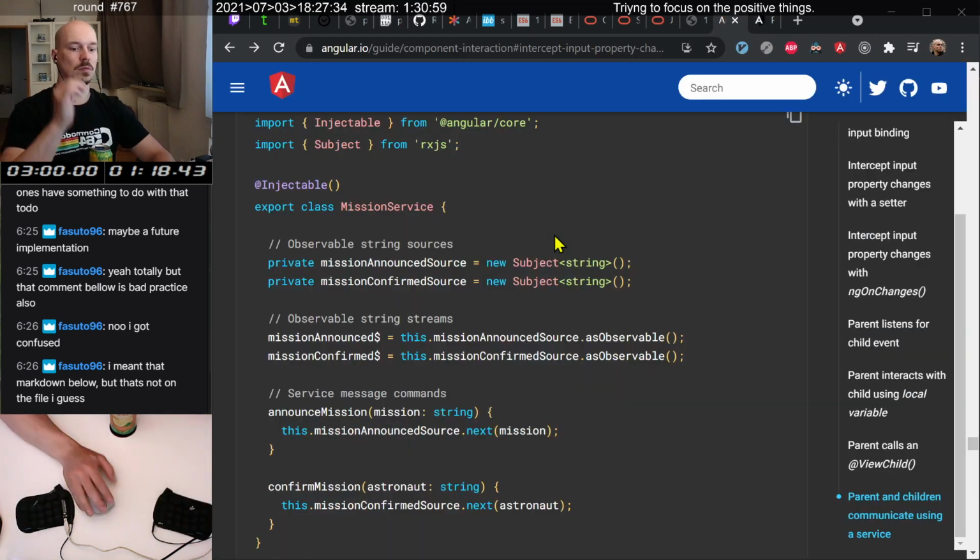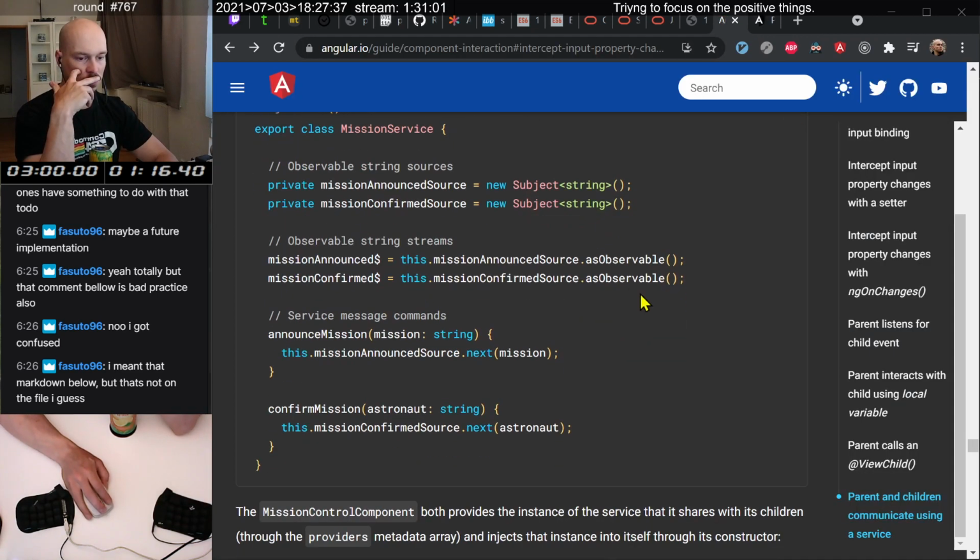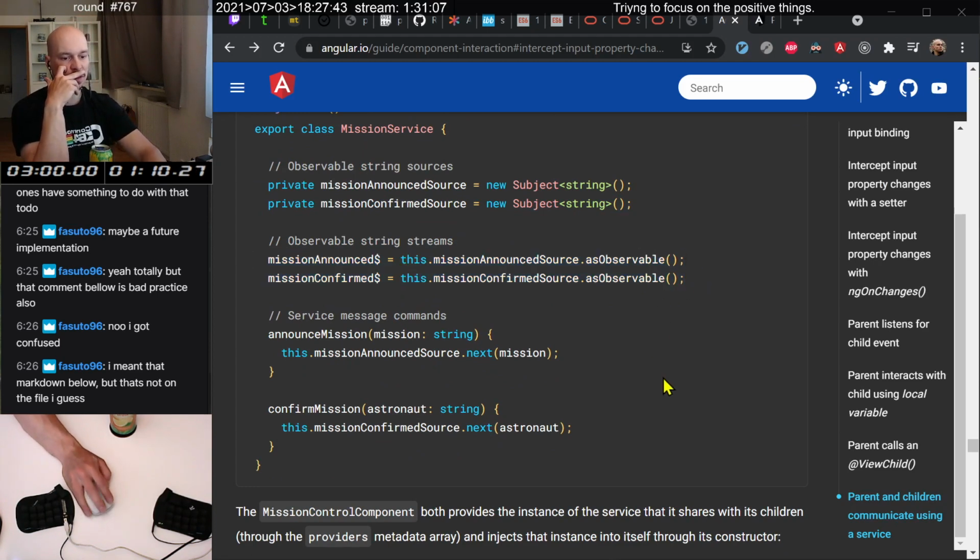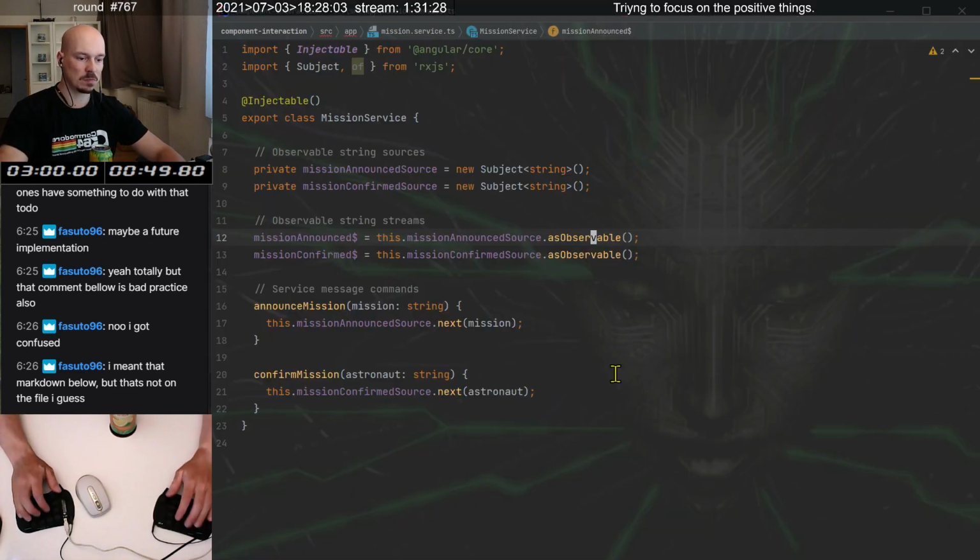What we wanted to know. So, okay, this is some, oh, I hate it. This is some magic which you have to do and then it works. Service message commands. Announce mission. It is a string and we put it to source and put it into there, next. And that just puts it into